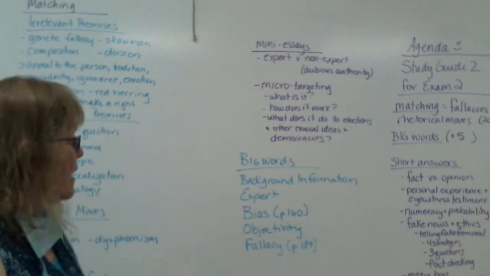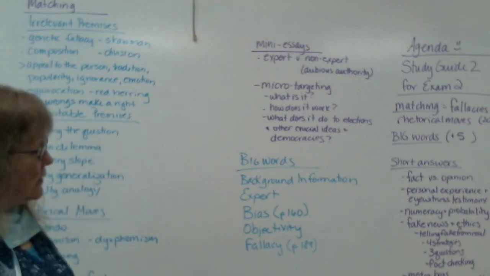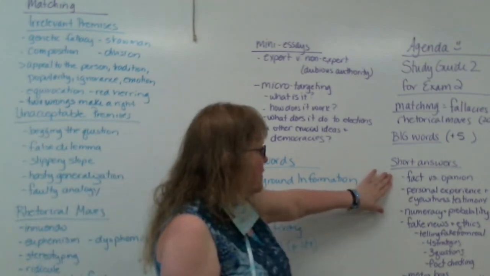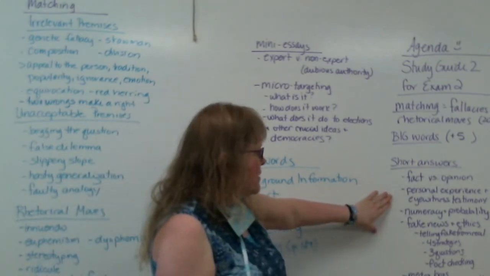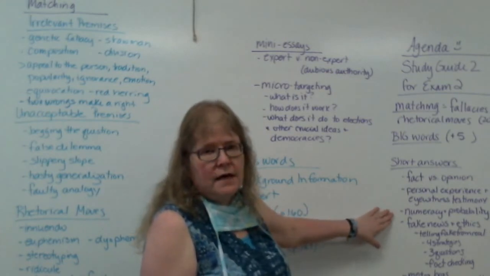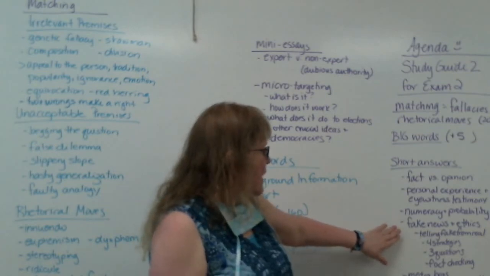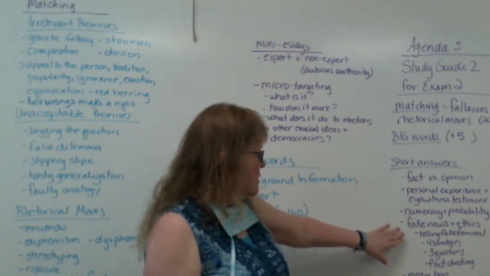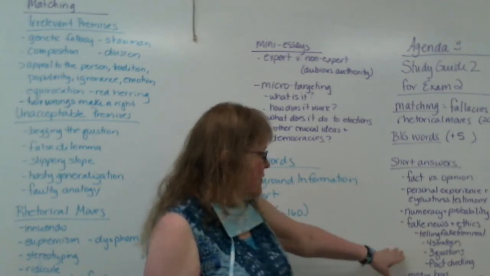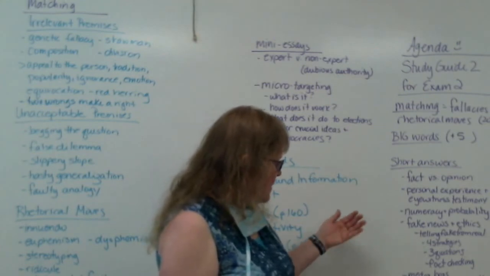Short answers. In all honesty, I haven't made the test yet, so this is kind of a "this might be on the test." I'll pick from this, I won't add to this. Fact versus opinion, personal experience and eyewitness testimony, numeracy and probability, how likely is it that your next flip of a coin is going to be heads or tails, that kind of stuff. And then fake news and ethics, telling fake from real. There are 4 strategies, 3 questions, and we talk about fact checking, media bias, advertising, reasonable skepticism, videos